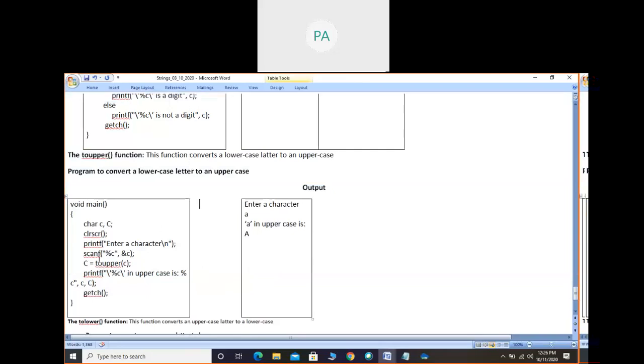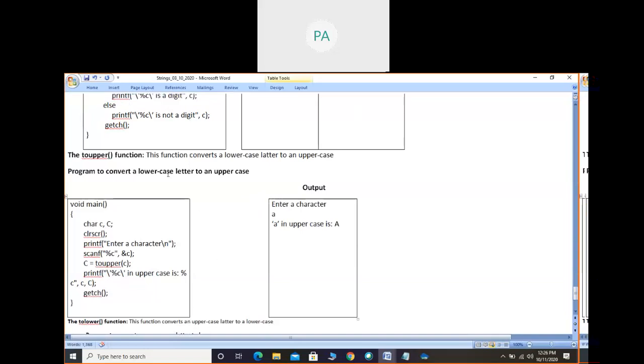So this function is toupper. TOUPPER is a function which is present in the ctype.h header file, that is, character manipulation functions. This function converts a lowercase letter to uppercase, and if the character itself is uppercase, it will not convert to lowercase. Only if it is lowercase, it is converted to uppercase.